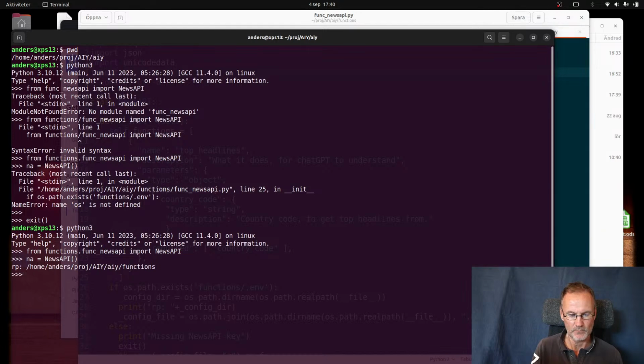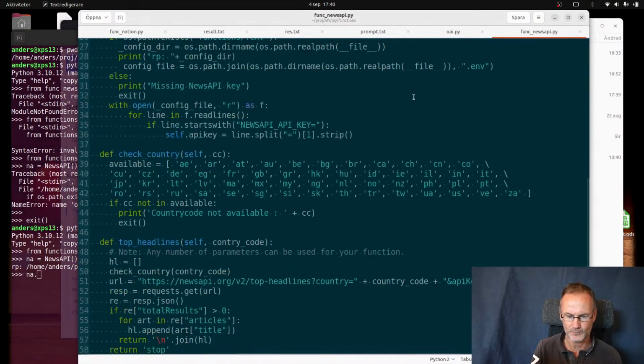Okay, it prints that where the function is. Okay, so we have the variable n now, and we can call this function